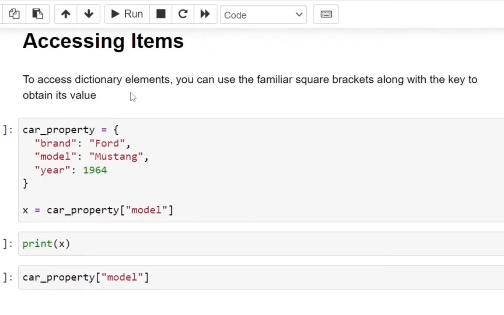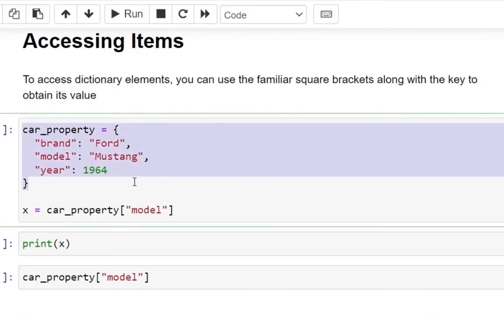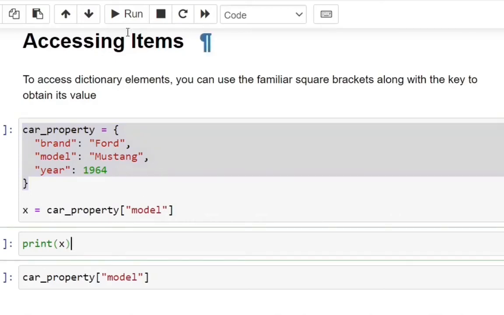Method: accessing items. To access dictionary elements, you can use the familiar square bracket along with the key to obtain its value. So we have our dictionary right here. We're not taking the variable name, we want to access the value in model right here. But we're not just printing it out, we're assigning the value in model to X. So if I come here and I print this out,